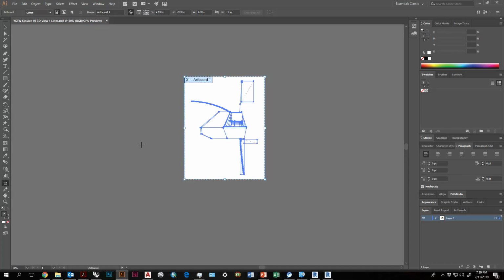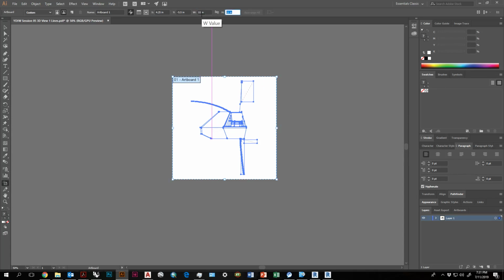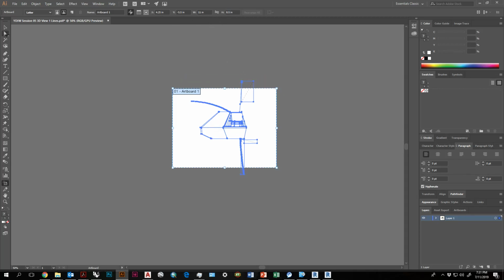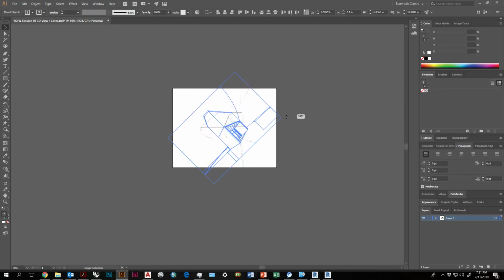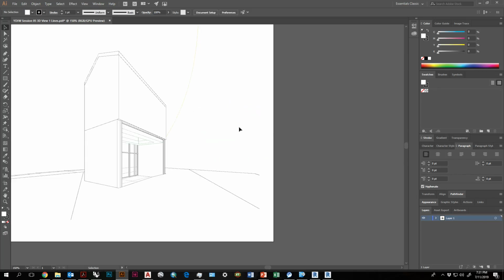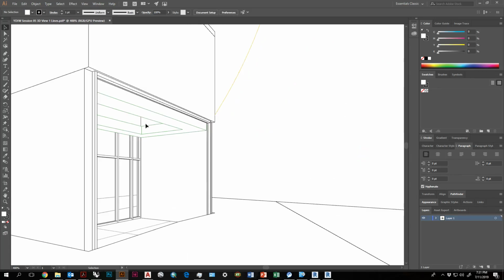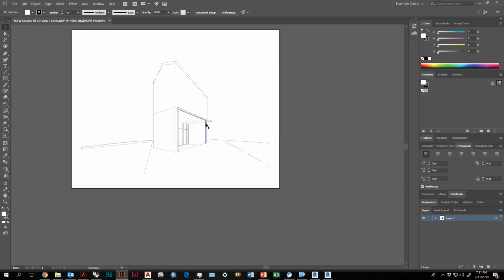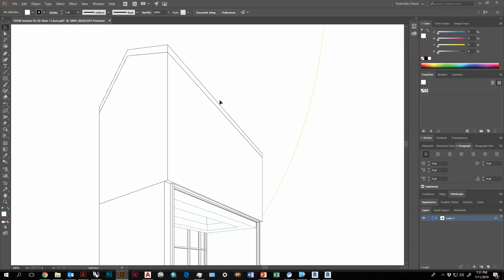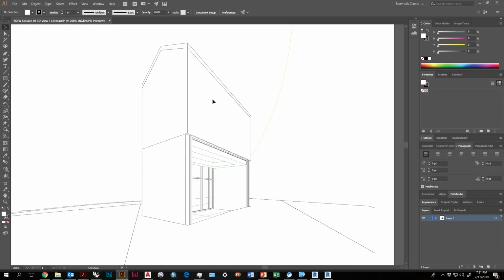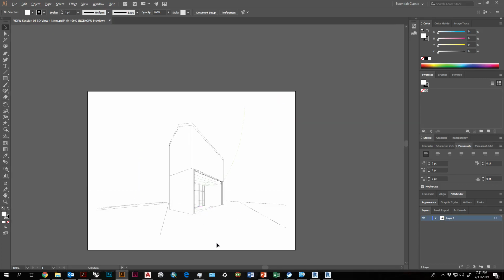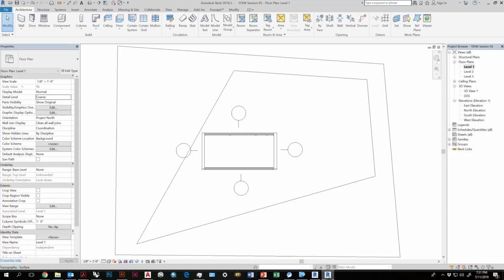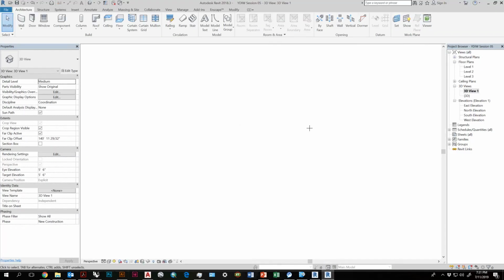I'm then going to actually flip the 11, 8.5, and then rotate these guys about. Okay, so there's my line work. I can take the time to separate everything into its respective layers, which, you know, you can take the time to do, which I recommend that you do if you're making a drawing. But I'm going to go back to the view.